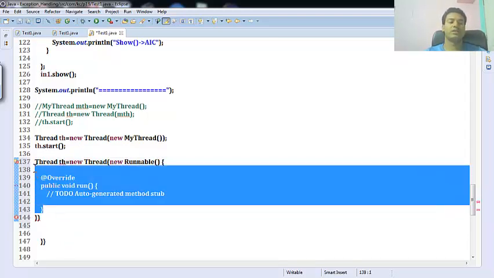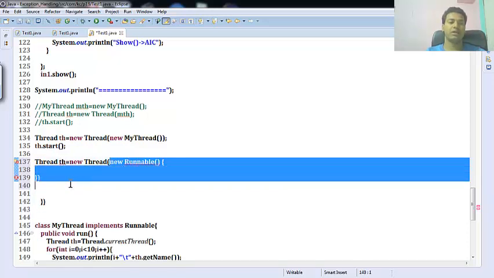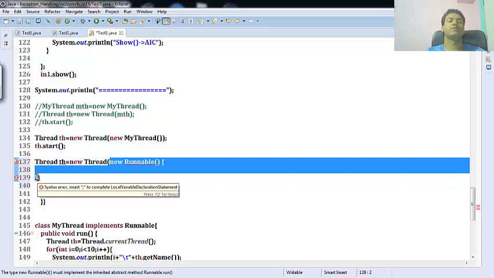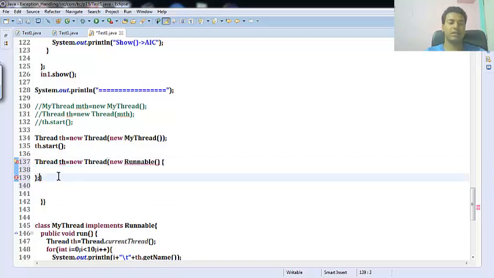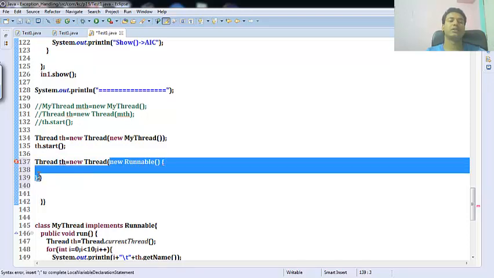So this is a runnable interface. This complete from here till this is a runnable interface object, and inside this you have to give the implementation. It is not a runnable object actually. It is becoming an anonymous inner class, and after that it gets an object of anonymous inner class type,